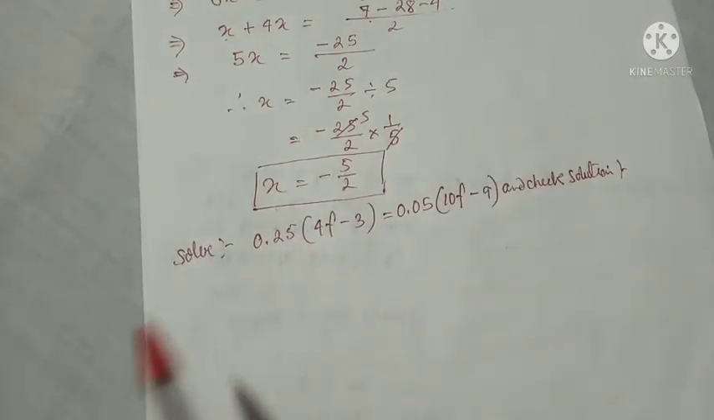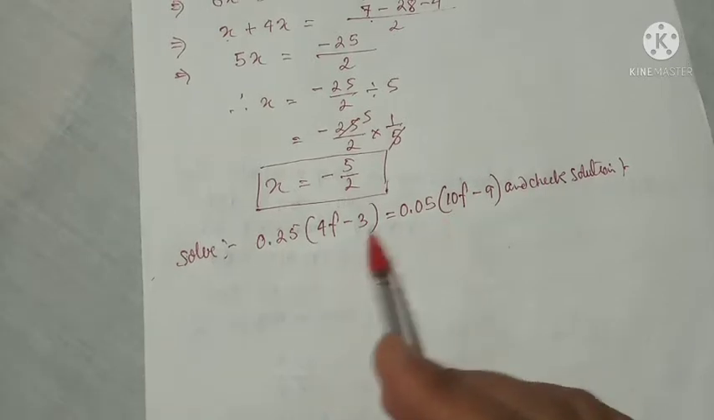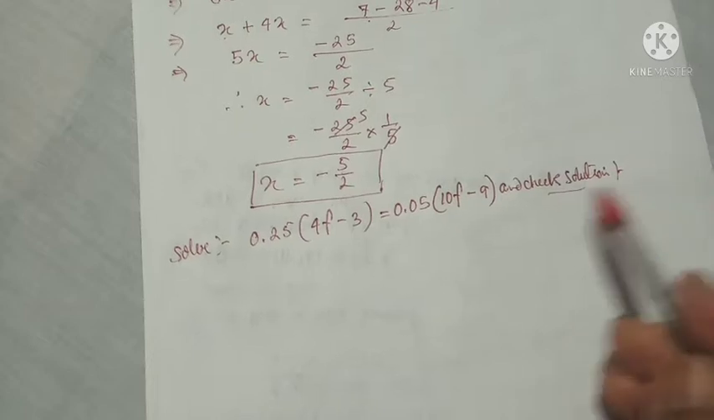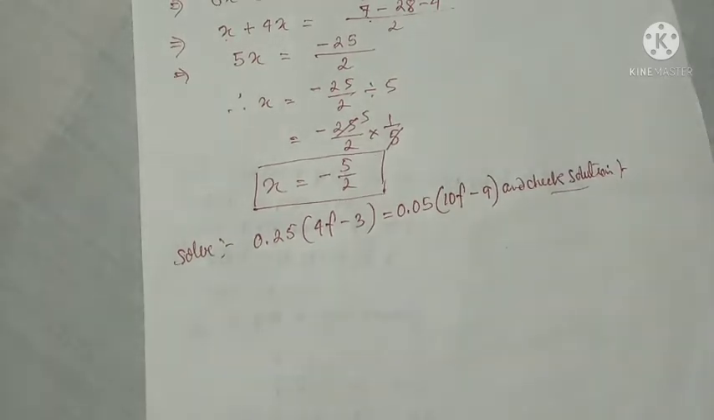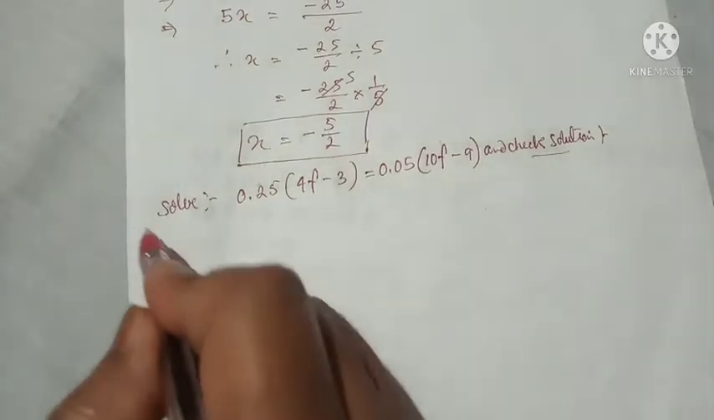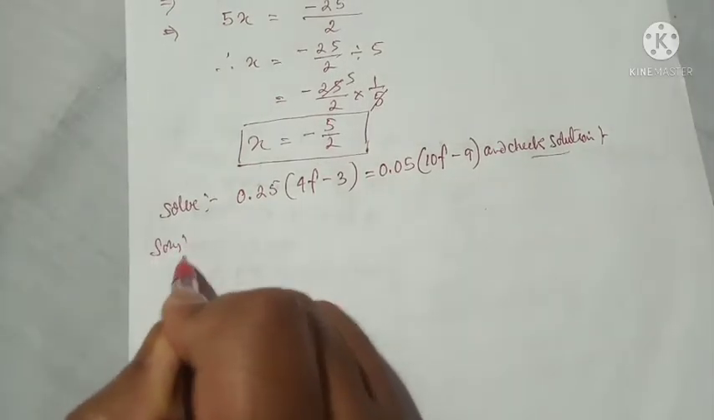This question is from the NCERT textbook, from exercise 2.5, question number 10. Okay, so let's find the variable f, and also check the solution. In the NCERT textbook there is no checking, but here we have to check. Understand? So we'll start. Solution: